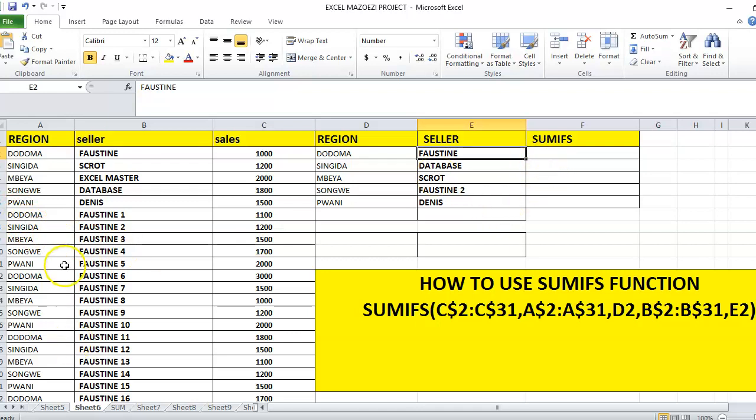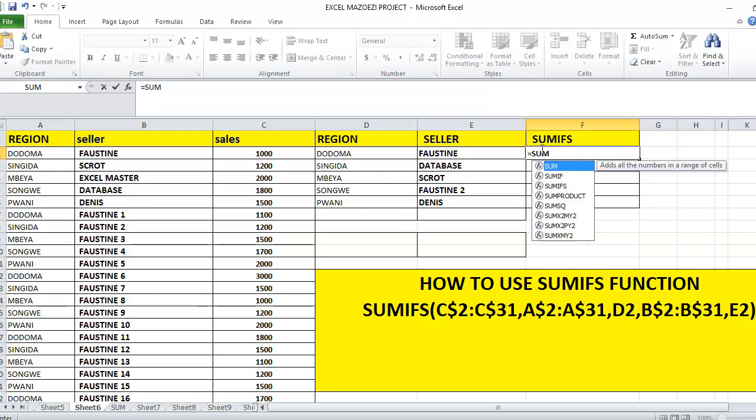So I want to sum up the data when a cell in column A matches, or is exactly equal to, the cell in column B, I will take the summation of data in column C. Let's say it is equal to SUMIFS